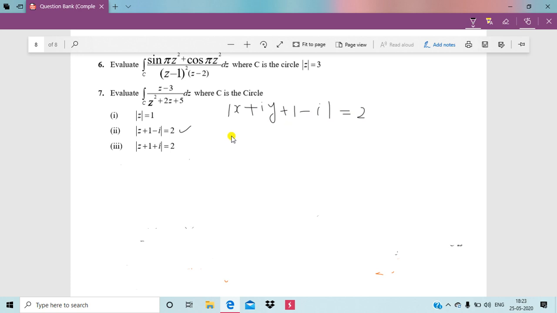Now, when we add two complex numbers, real parts will be added and imaginary parts will be added. So it will be x plus 1 plus i into y minus 1, mod is equal to 2. Now when we take mod, it will be root over x plus 1 whole square plus y minus 1 whole square is equal to 2. And when we square on both sides, it will be